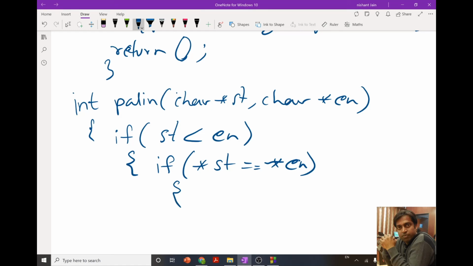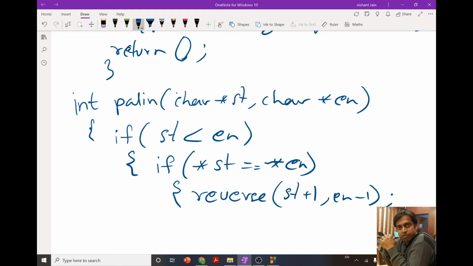If they are equal, then we are going to call the function again, reverse with st plus 1 and en minus 1.